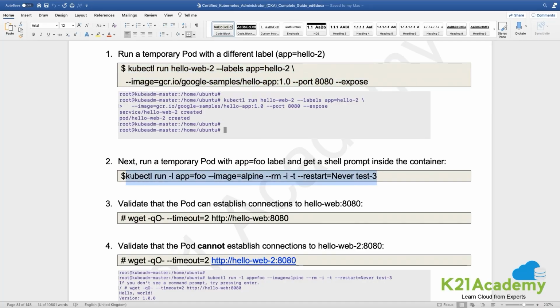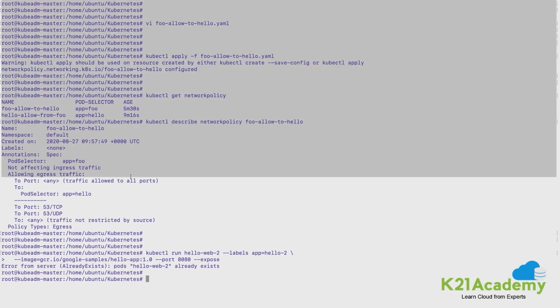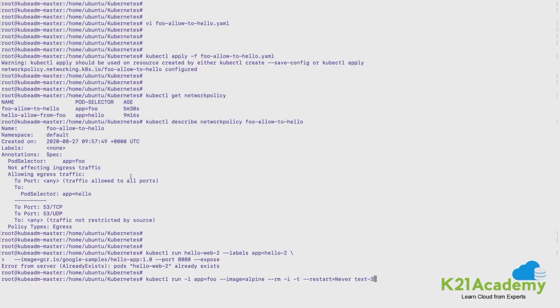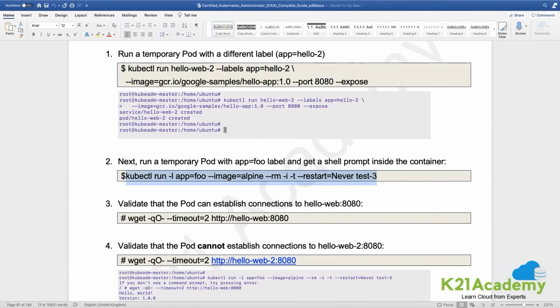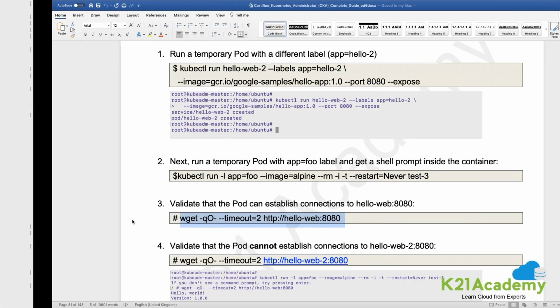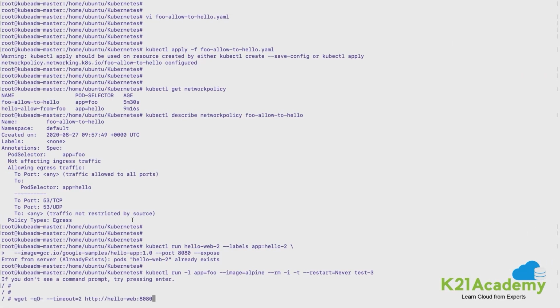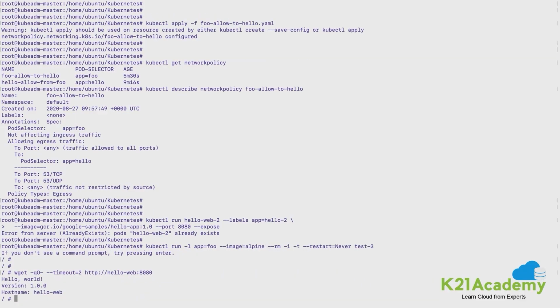Because we have written a constraint in the network policy, it will not allow me to send it to app hello 2. So here it has started, and if you see, I am into my foo application, right? App equal to foo type of container. I'm inside that. And from here, if I do the wget command, I should be able to reach